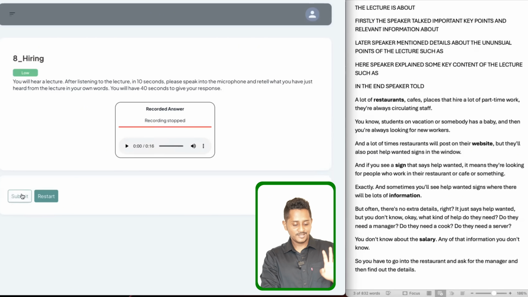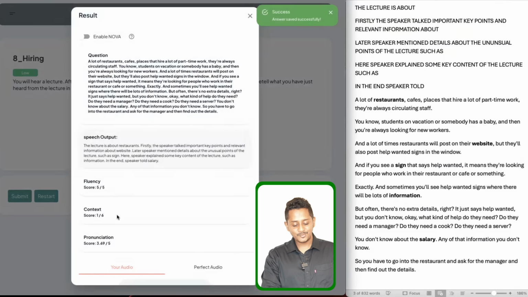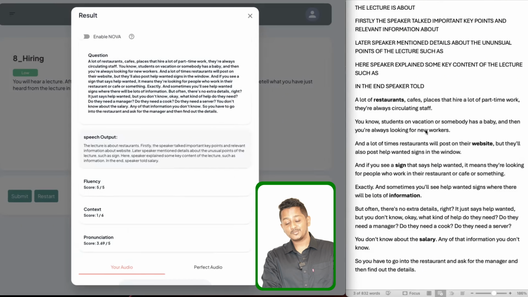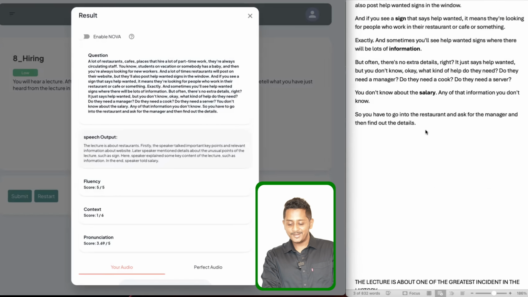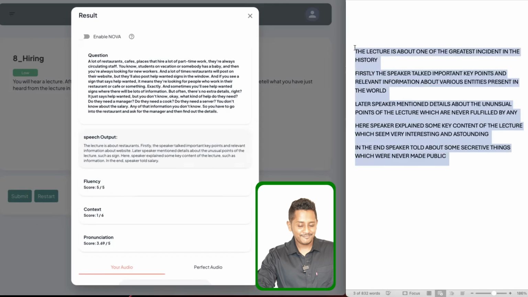So we spoke more of a template and some 5 keywords. So let's see how many marks we get. It's 1 out of 6 because still you are trying to speak some 10% or 5% from the audio, so we cannot directly give 0. So 1 out of 6 is what you would get if you do something like this. Now we will speak something gibberish, something that doesn't have anything from the lecture, just the template.